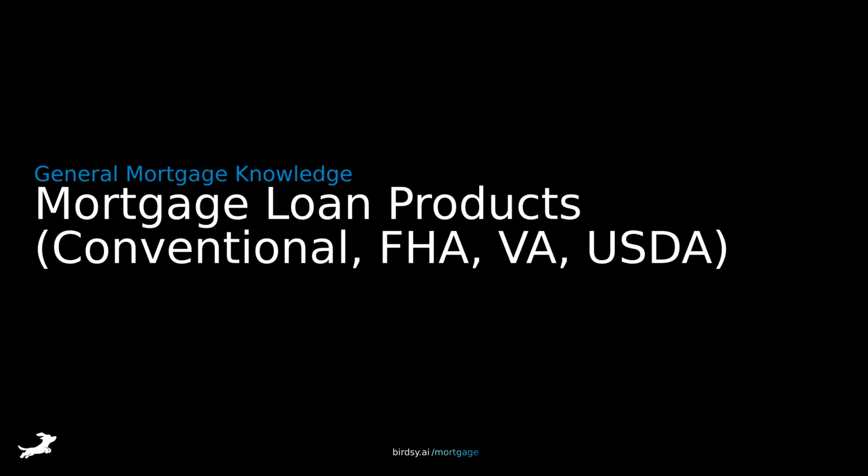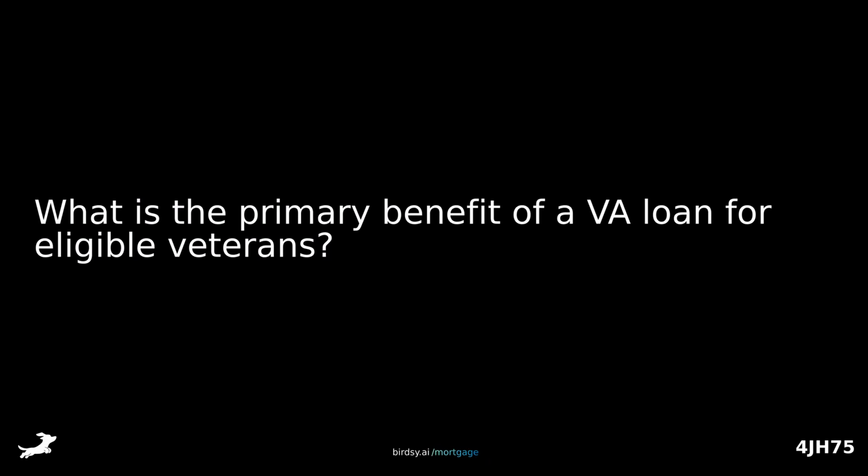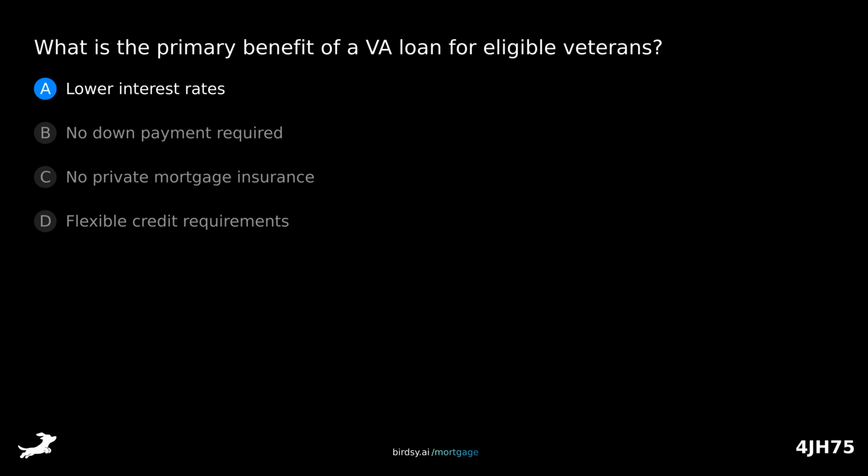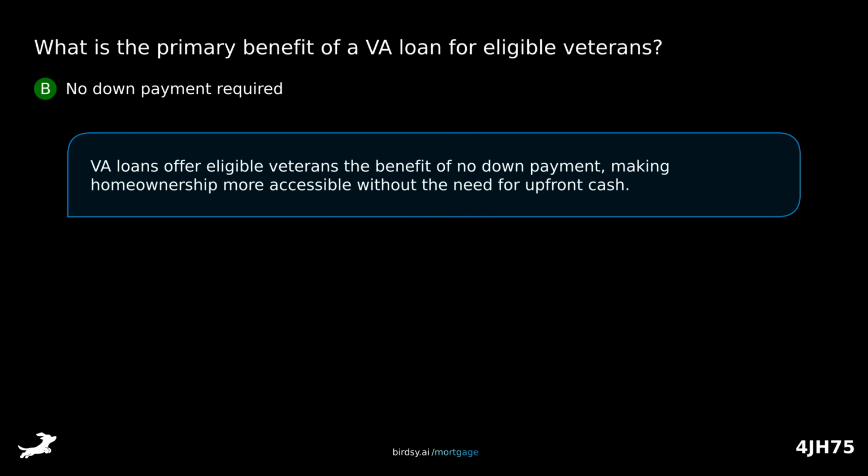General mortgage knowledge. Mortgage loan products: conventional, FHA, VA, USDA. What is the primary benefit of a VA loan for eligible veterans? Is it A, lower interest rates, B, no down payment required, C, no private mortgage insurance, or D, flexible credit requirements? The answer is B, no down payment required. VA loans offer eligible veterans the benefit of no down payment, making homeownership more accessible without the need for upfront